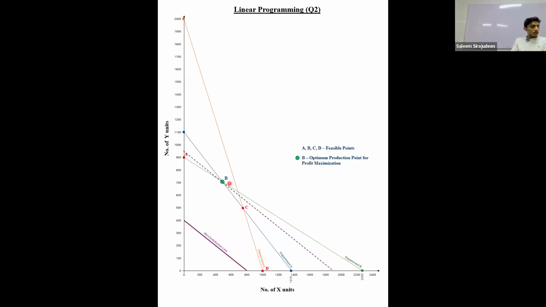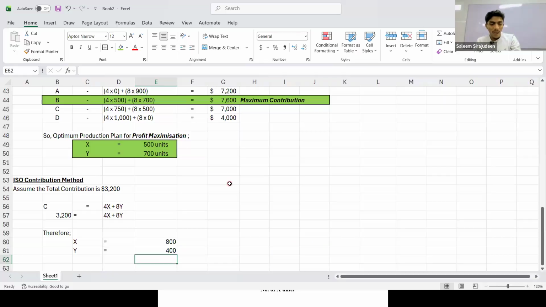When we are assuming the total value to draw the ISO contribution or cost line, comma, a value should be assumed